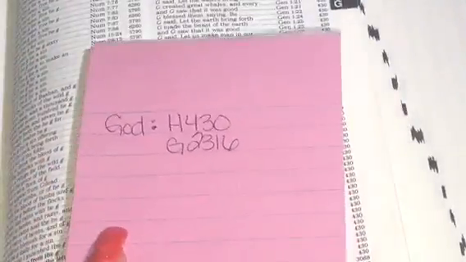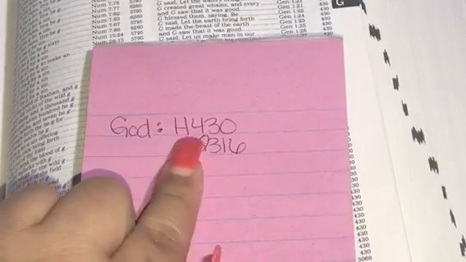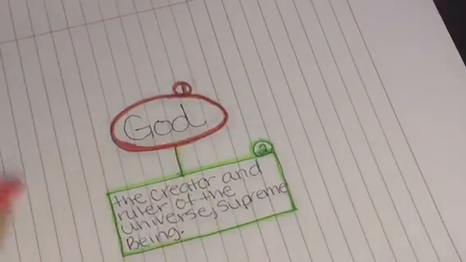So you can just, on a sheet of paper, write it down. You're going to write God, Hebrew 430, Greek 2316. So for the first part, we're going to just leave this here to mark our page. So the first part that you do for number 3,